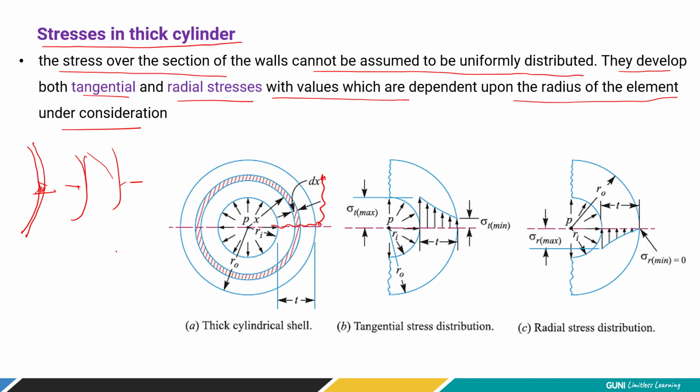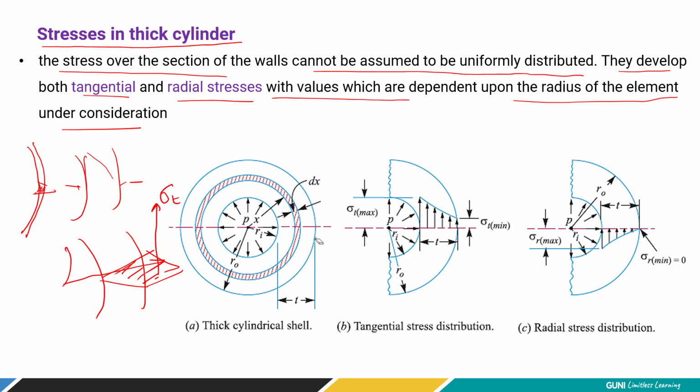So what will happen because of the thick cylinder when the force is applied? Let me draw like this. This section is going to be subjected to tangential stresses, right? It tries to separate into two equal parts along the longitudinal axis, so we are going to call it tangential stress. But because of the thickness, it is also going to expand in another direction, so that is also going to create radial stresses, which were absent in the case of the thin cylinder.